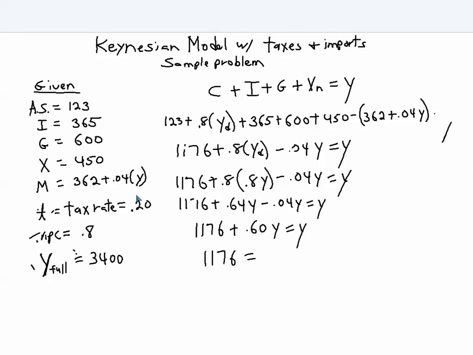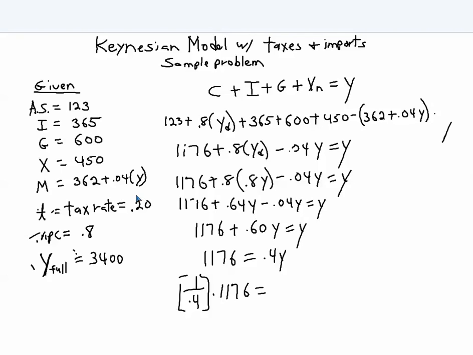1176 equals 0.4y. Now here's that place where I add that step that probably most of you wouldn't bother to do, but I think it's a good idea. I'm going to divide both sides by the 0.4, but I'm going to write it a funny way. 1 over 0.4 times